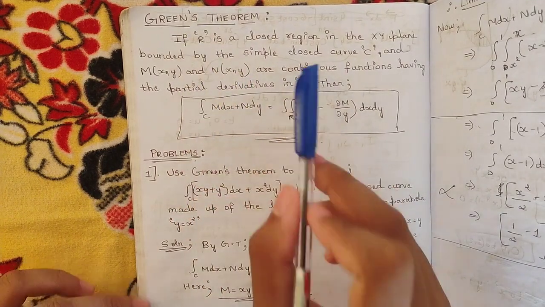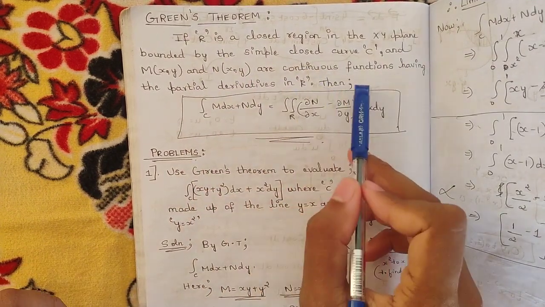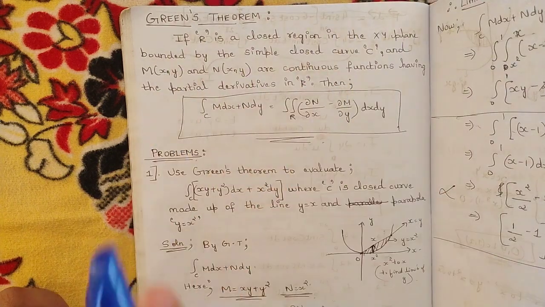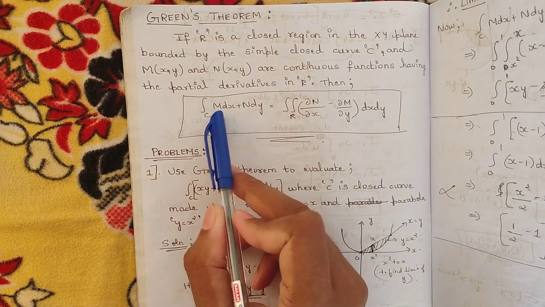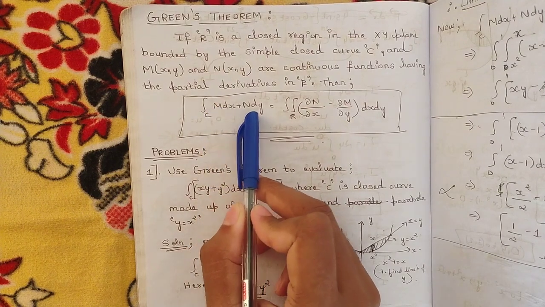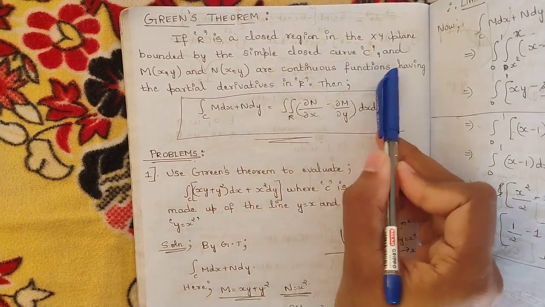Then the relationship is given by the integration over a closed curve of M dx plus N dy, where M and N are the continuous functions,